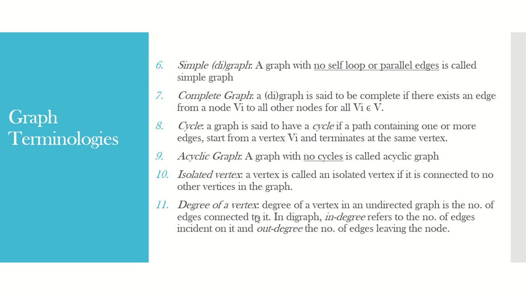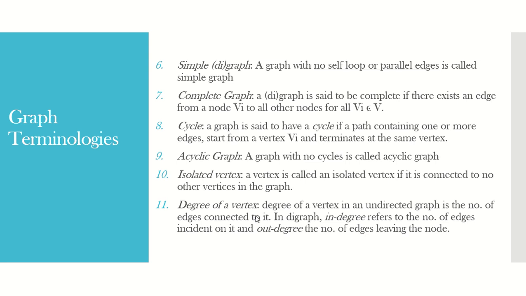When you talk about a directed graph, it is not undirected, it is a directed graph. There you have to consider two types of degrees. The first one is in degree and the second one is out degree. As the name says, in degree is the number of edges that are coming to a given vertex. I repeat, in degree is the number of edges that are pointed to the vertex, or coming into the vertex, whereas out degree is the number of edges that are leaving from the vertex.